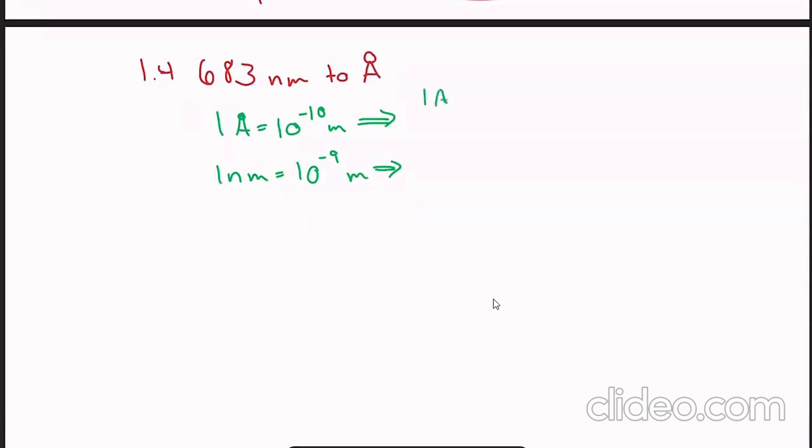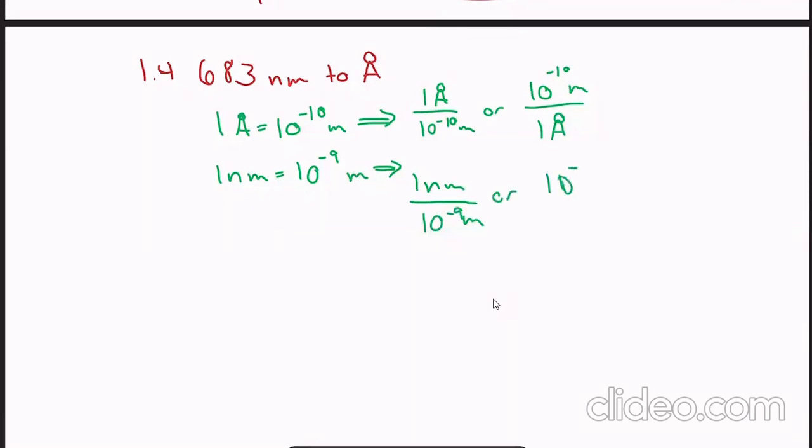I'm going to put 1 angstrom over 10 to the minus 10 meters, or it's 10 to the minus 10 meters over 1 angstrom. I'm going to do the same thing down here. I'm going to put 1 nanometer over 10 to the minus 9 meters, or I'm going to put 10 to the minus 9 meters over 1 nanometer. And I want to convert 683